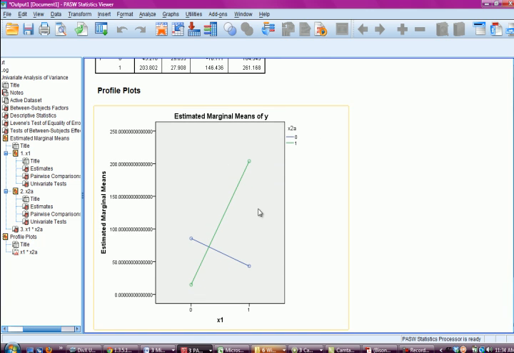And then the last little part here is just to look at the chart, and we can see a visual representation that this is an interaction effect. If these lines were parallel, that would not indicate an interaction. And just to close,